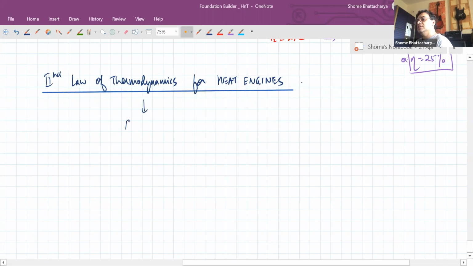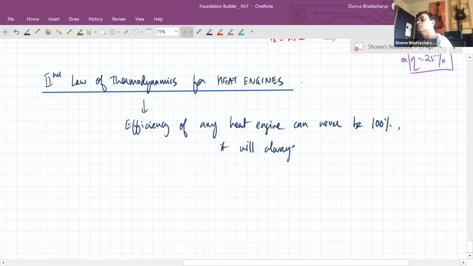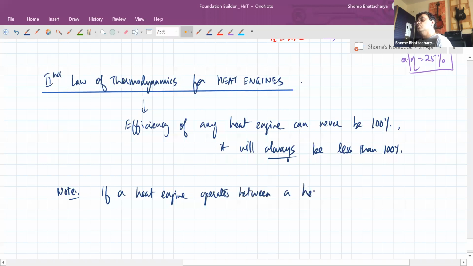Okay. The efficiency of any heat engine can never be 100%. It will always be less than 100%. And part of the statement is another thing. Okay. That if a heat engine operates between a heat source at T1 and a heat sink at temperature T2, so obviously T1 is greater than T2, okay, then the maximum possible efficiency